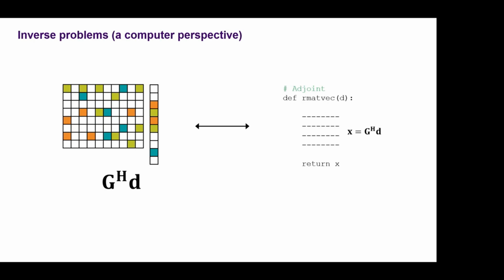I will also need to be able to, and you have seen it previously, why? Because when you want to find the inverse, you need to be able to compute and apply also the adjoint of these operators. So I will also need a second piece of code or a function that takes now a vector D. It applies a different set of instructions and returns a vector X, and will be again equivalent as if I had the matrix. I will transpose it physically, apply complex conjugation to each element, and then multiply to the vector